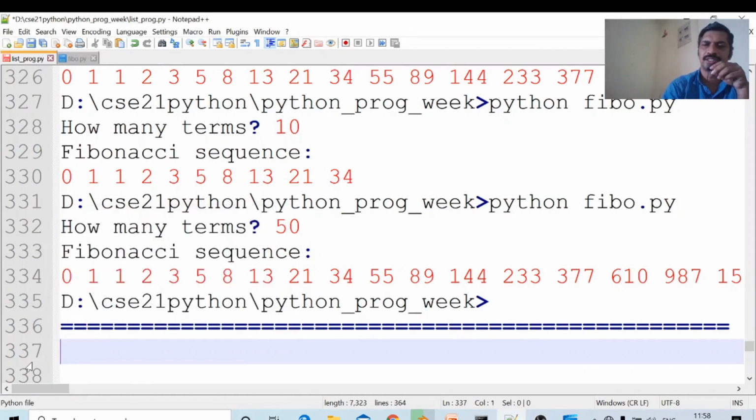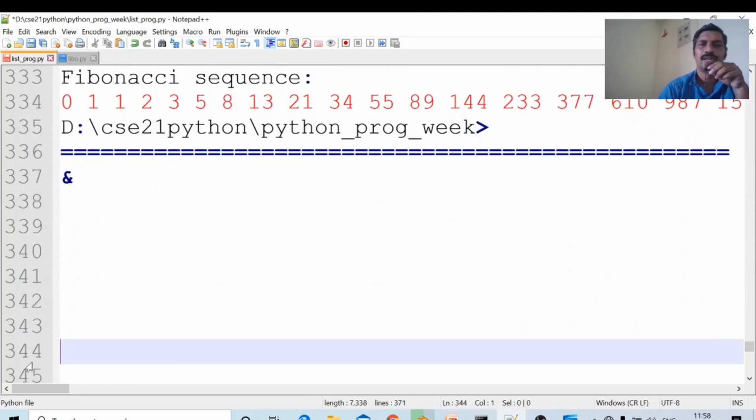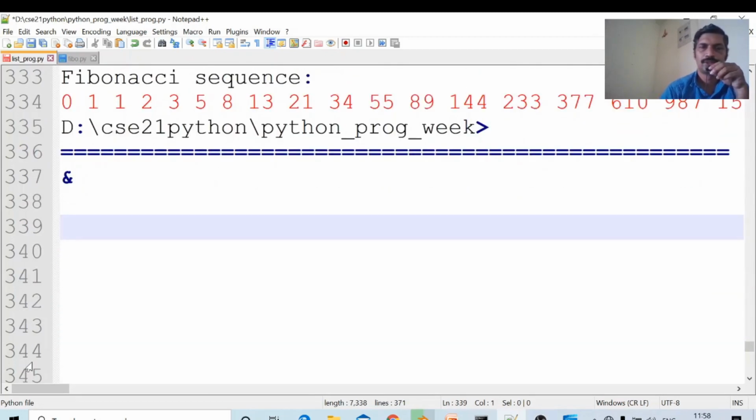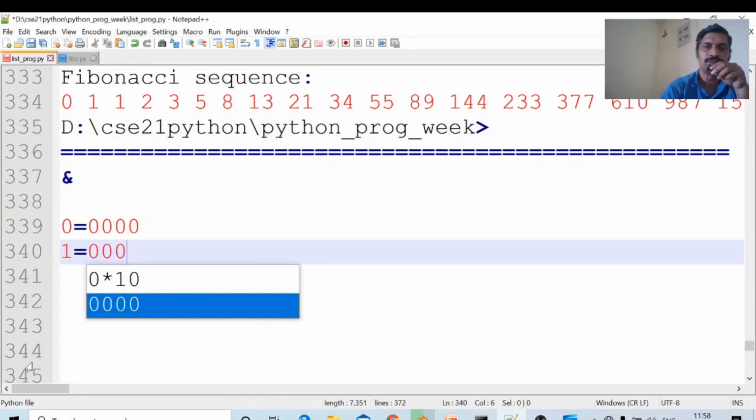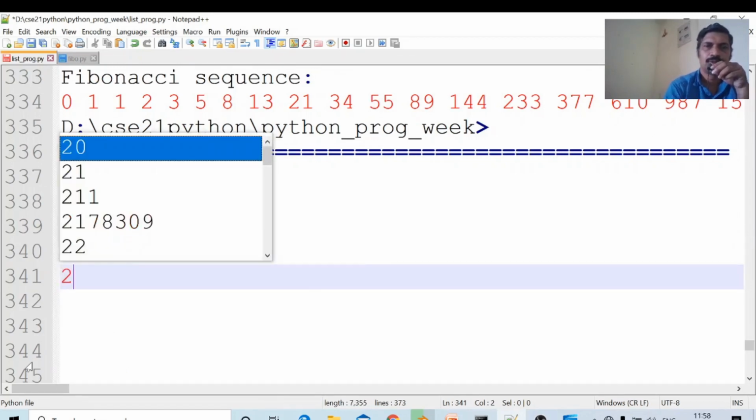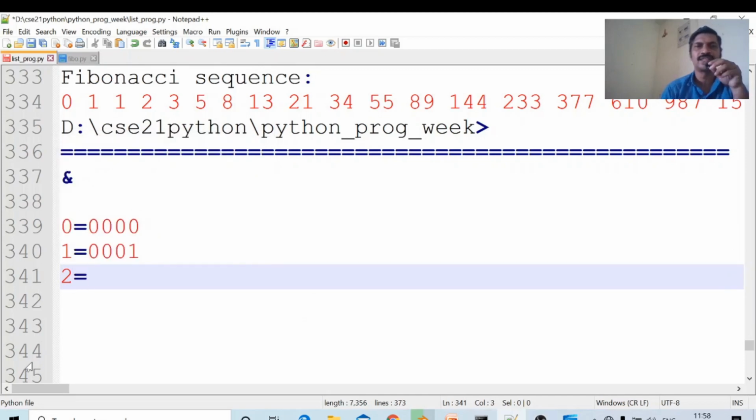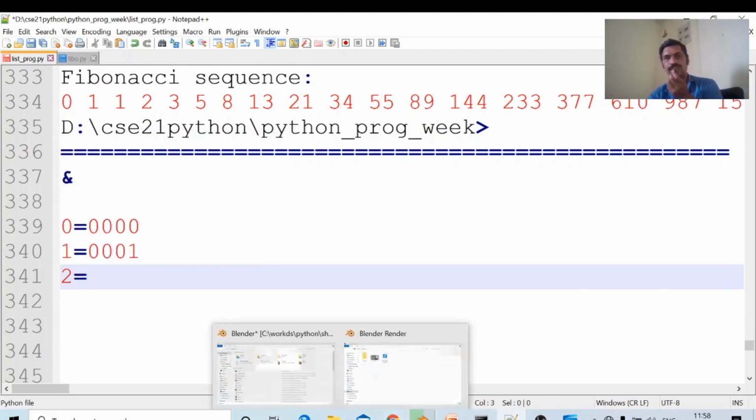Just understand, I will take a little bit of time to explain this concept. And in decimal to binary, 0 equals four zeros. 1 equals 0001. 2 equals, what is the corresponding value of 2? Convert it in 4-digit form.